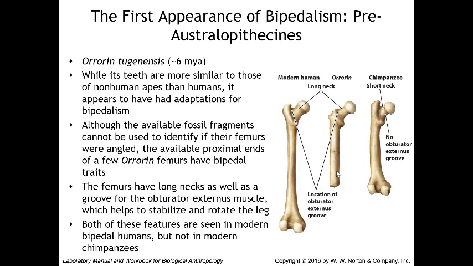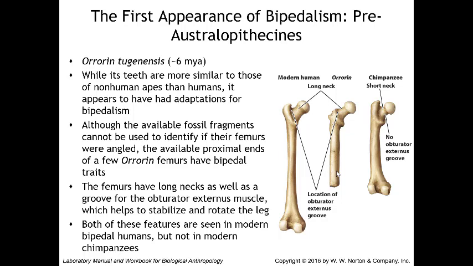Then we have Orrorin tugenensis, around 6 million years ago. It was discovered in the year 2000 in the Tugen Hills of Kenya. It is not confirmed how Orrorin is related to modern humans, and as of 2007, 20 fossils of the species